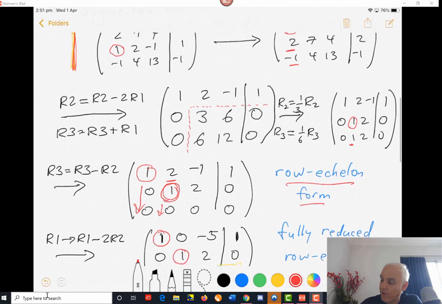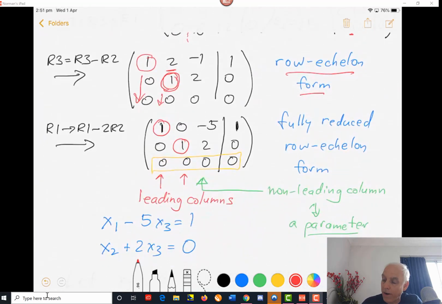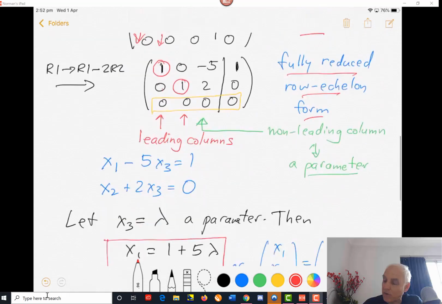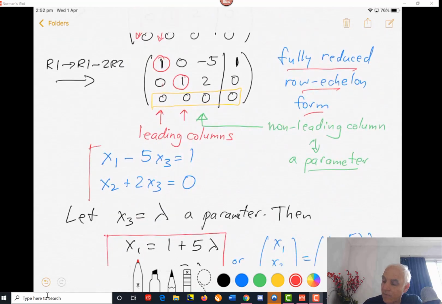And then we proceed and eliminate everything above those leading entries until we get this fully reduced row echelon form, where there are zeros entirely in the leading columns except for the actual leading entries themselves, which are 1s. And the rows of zeros, if there are any, are at the bottom. And from that, we were able to pretty easily write down the corresponding new system of equations and basically solve it by